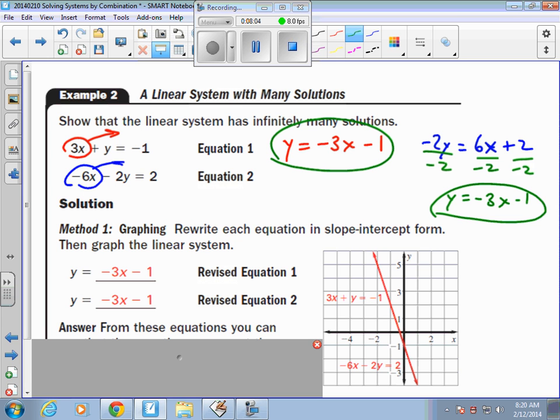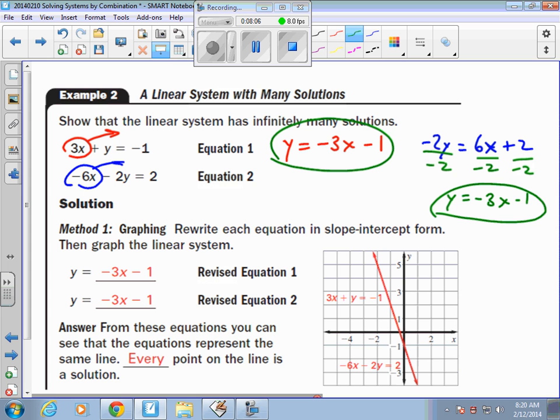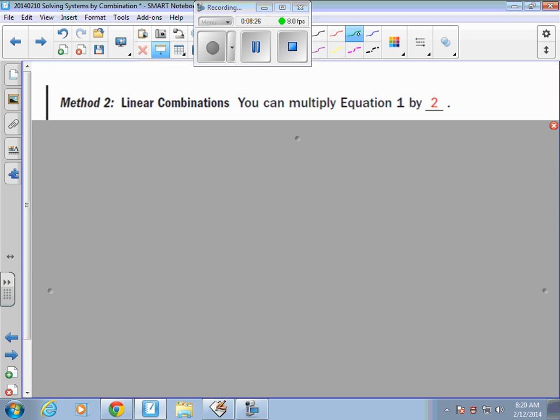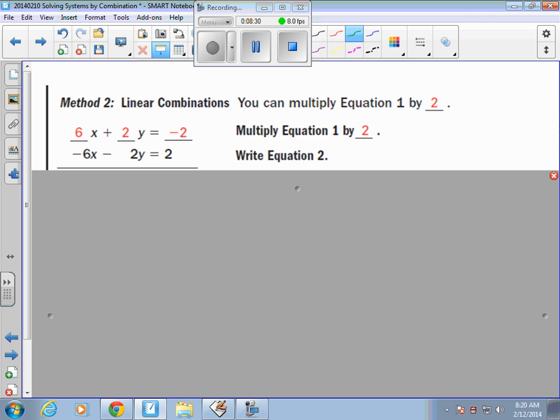It says from these you can see that the equation represents the same line. If you graphed it, you would just graph it right on top of the other one. Therefore, every point on the line is a solution. They're not parallel lines. They share every single point on that line and all of the points in between the ones I just highlighted. Method number 2 says you can multiply equation 1 by 2 in order to make linear